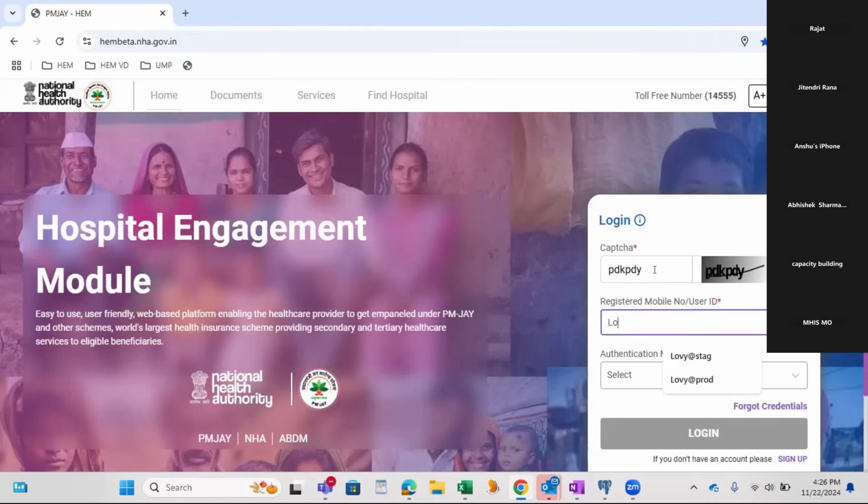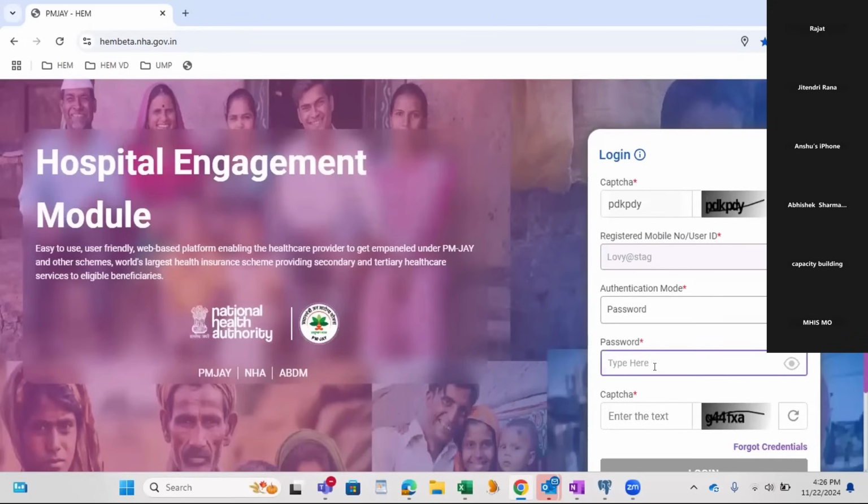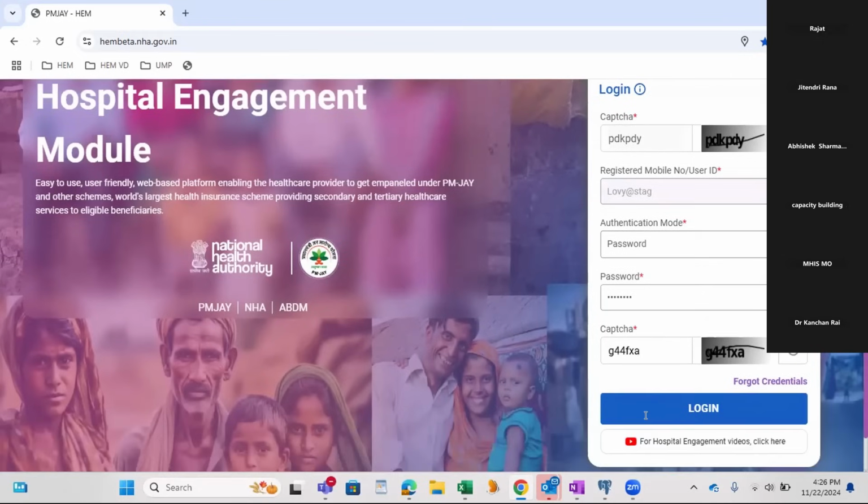Then the login ID, which is an admin user. I click on verify. The moment I click on verify, it prompts me for the authentication mode. I'm entering the password and again the captcha to verify. And once all the mandatory details are filled, the login button is enabled.